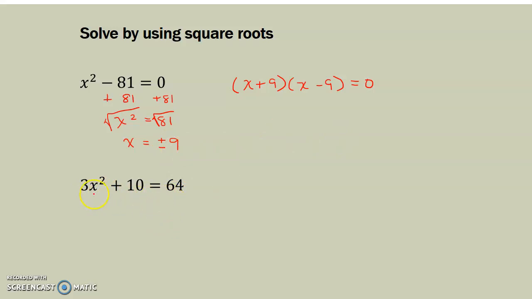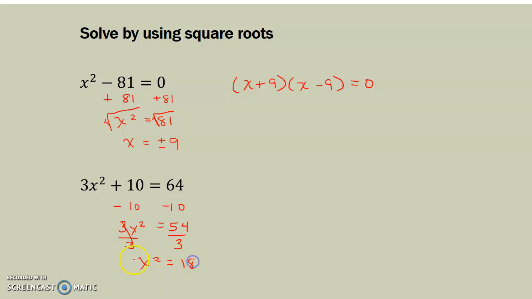All right, so the second one here, now I have 3x squared plus 10 equals 64. Again, I don't have an x term. I just have my x squared and I have constants. So that's when square roots can really be helpful. So I'm going to subtract the 10 on both sides. So I have 3x squared equals 54. Then I'm going to divide by 3. Remember, we want to isolate that x squared. So I end up with x squared